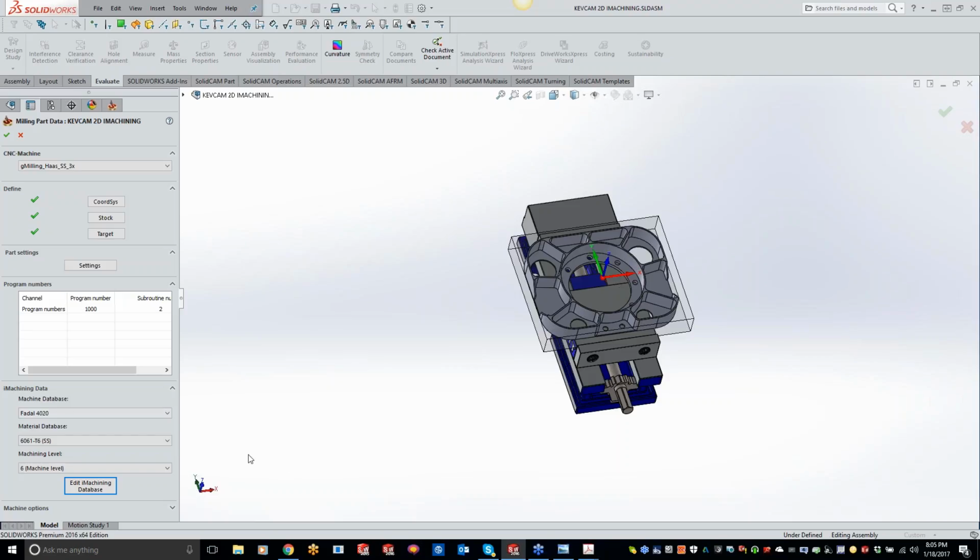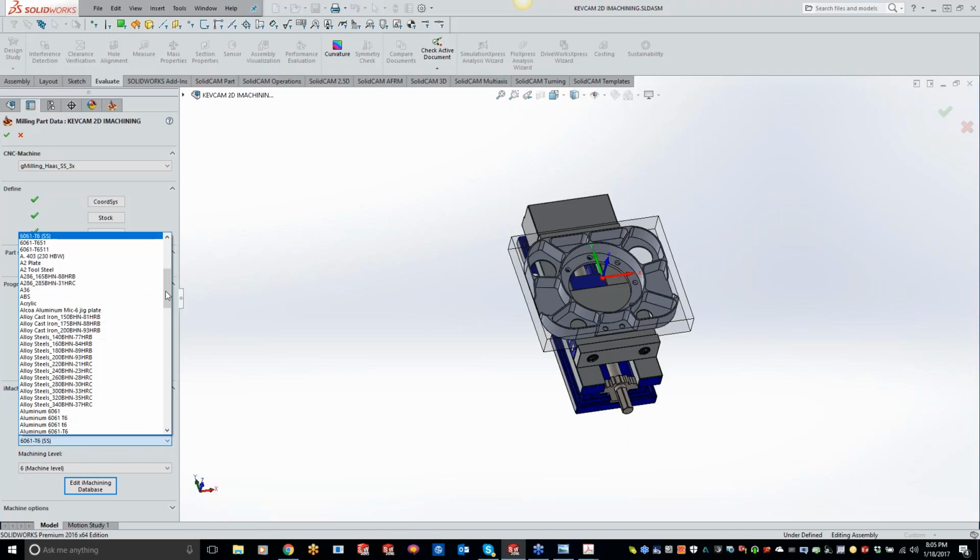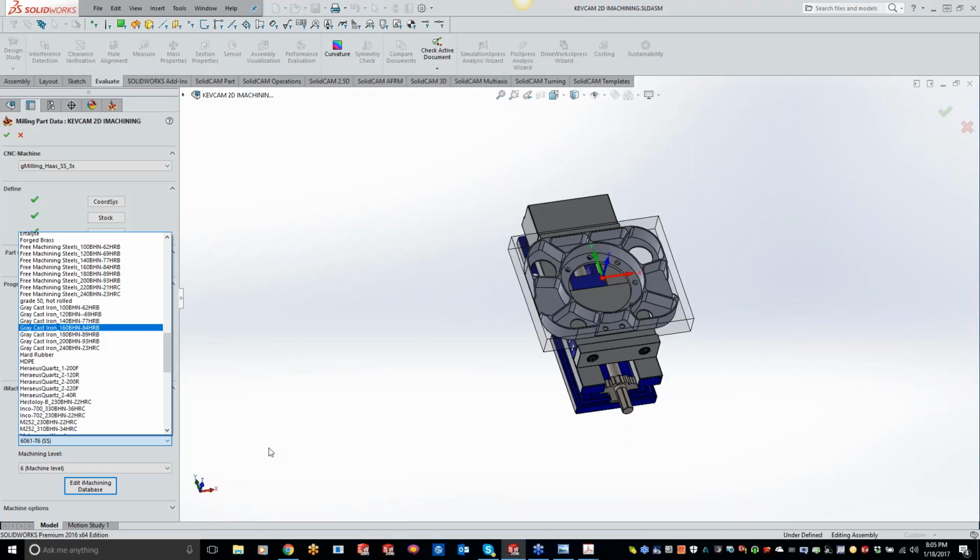I know this is a little bit of review for you guys that were here last week, but now for material, you guys will have a whole slew of materials in your database. Now, you're going to see a lot of them that just say plain carbon, some pretty blah materials in there. So the best thing I can suggest for you guys is go to the website matweb.com,